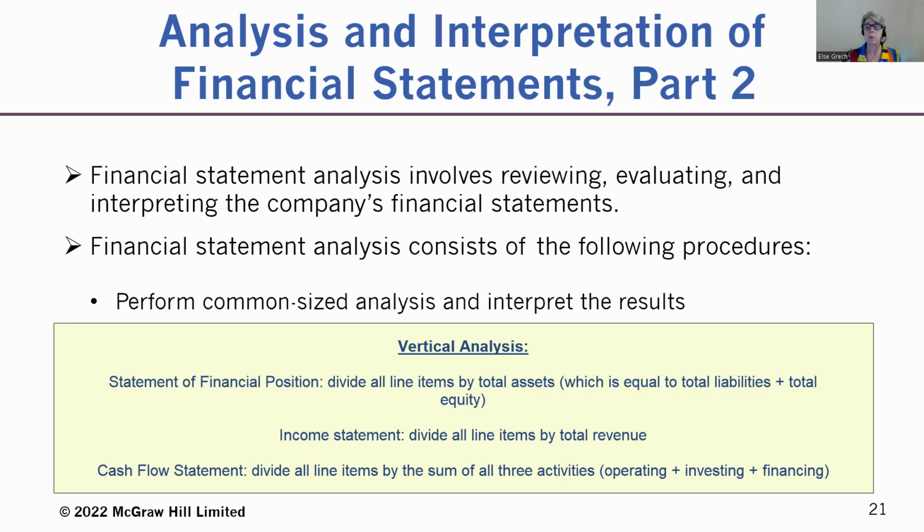Vertical analysis is when each item in the financial statements is expressed as a percentage of a specific base. So that means that we will take all the items on the statement of financial position and we'll divide them by total assets to see what percentage of total assets it makes up. So when we're looking at assets, let's say we have trade receivables. We'll take trade receivables and we'll divide it by the total assets. And that will tell us that, let's say, trade receivables makes up 10% of total assets.